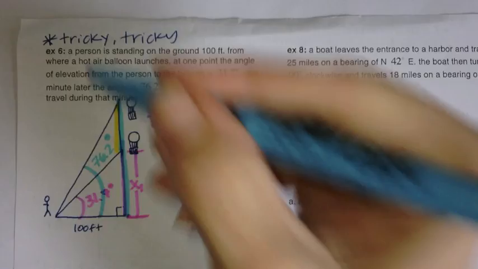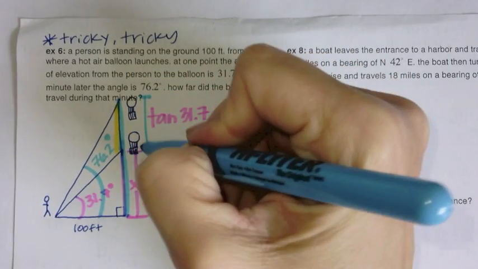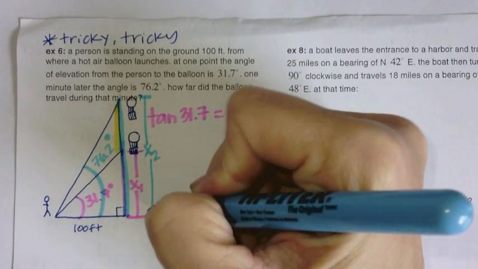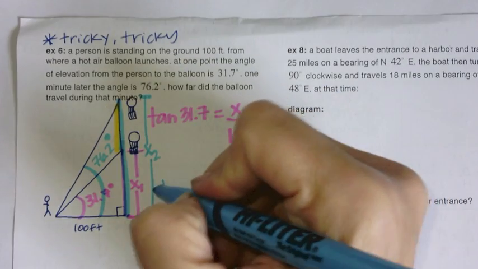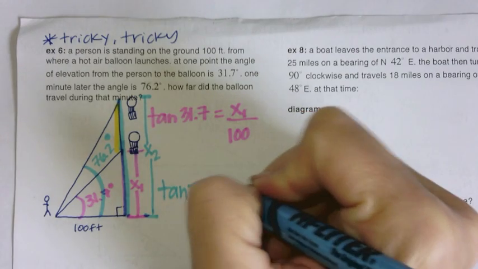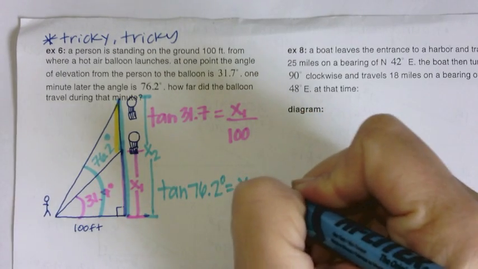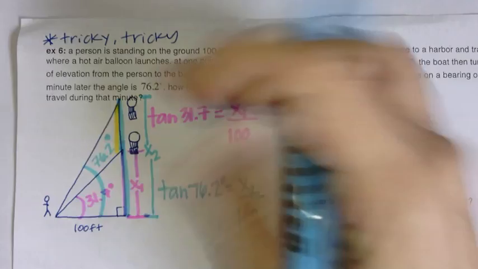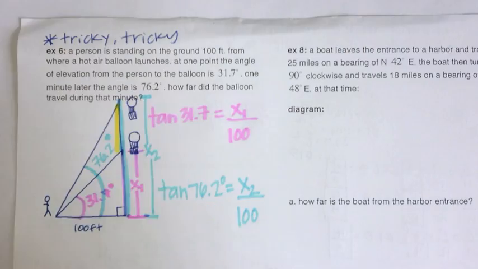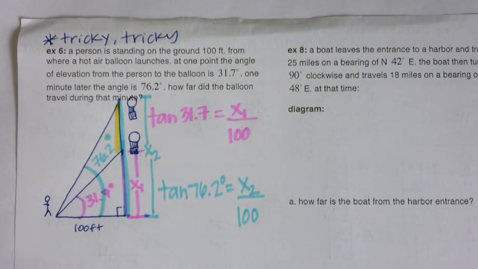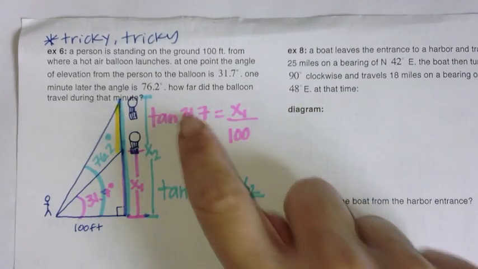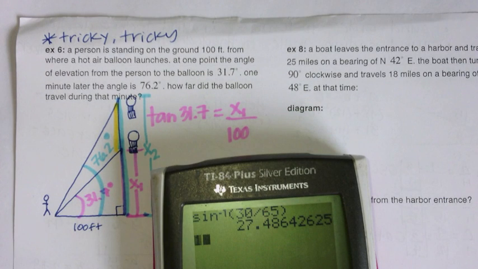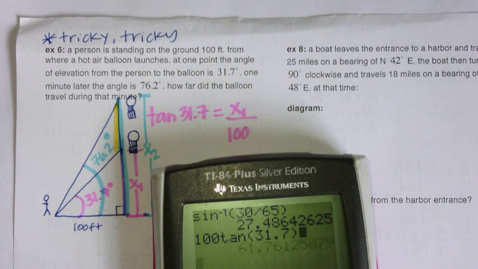And then I'm going to do this bigger blue triangle, which is this whole entire length of that side of that bigger triangle. And that's going to be the tangent of 76.2 degrees equals x sub 2 over 100. And if I take the big blue one and subtract out the pink one, I'll get the yellow amount. So when I do the math for this, I'm going to multiply both sides by 100 and then plug it into my calculator. So 100 tangent 31.7 is